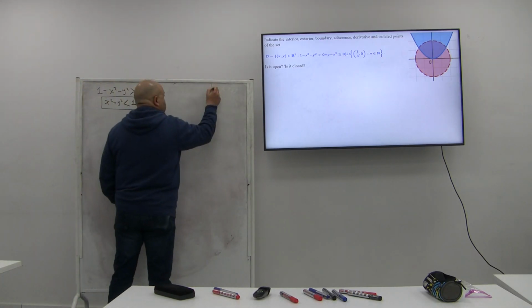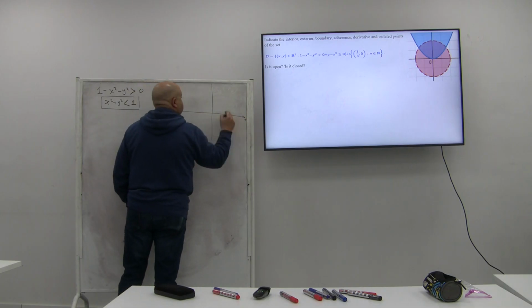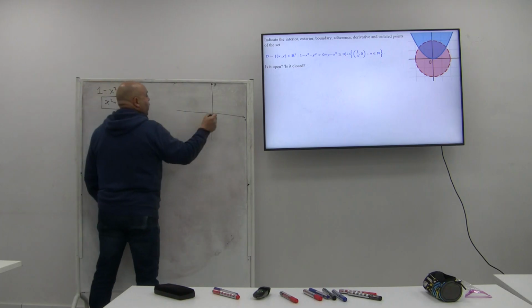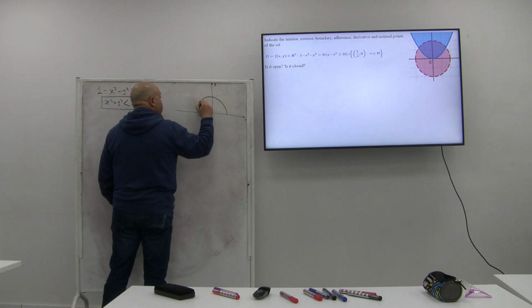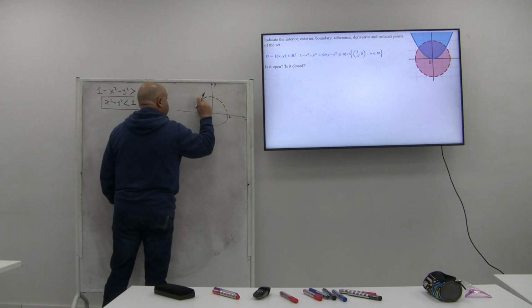So if I draw the x-axis and the y-axis, here we go, this is the x-axis and that's the y-axis. For x squared plus y squared equal to 1, this is the circle that we are dealing with. But remark that this circle is open, as you can see,